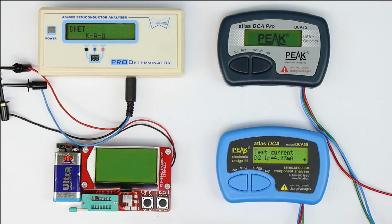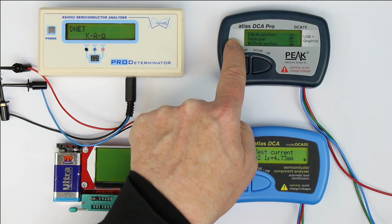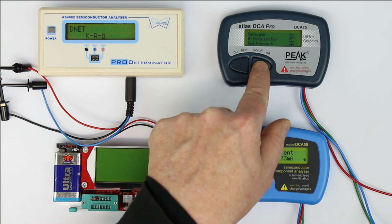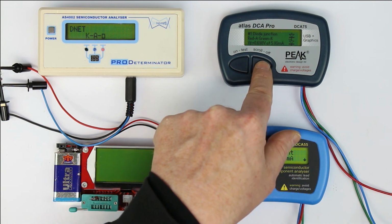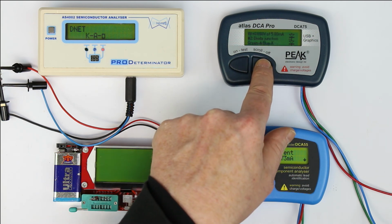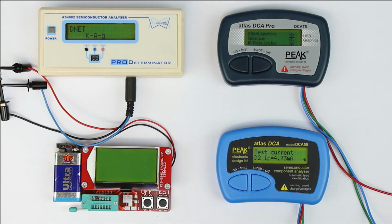Let's see if the more expensive Atlas DCA75 does any better. Well, at least due to the graphical display, we get a circuit symbol for the diode network, but we again have to scroll, and we get number 1 diode junction, red connection, anode, green is cathode. The forward voltage of the first diode is so and so at 5 milliamps, and we have to scroll and scroll. So again, although it displays the right values and the right connection, nothing beats the fish due to